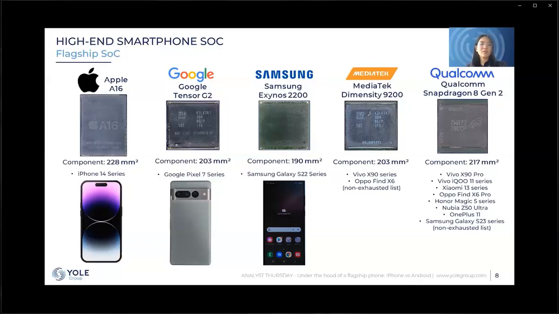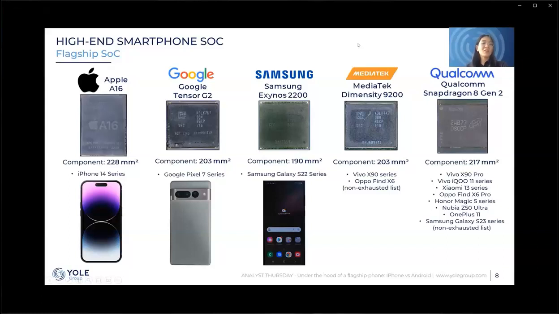MediaTek released the Dimensity 92 in November last year. And for Qualcomm, the most recent one is Snapdragon 8 Gen 2, which is now widely used in several phone models. The SoC package size, as you see, is around 200mm square.